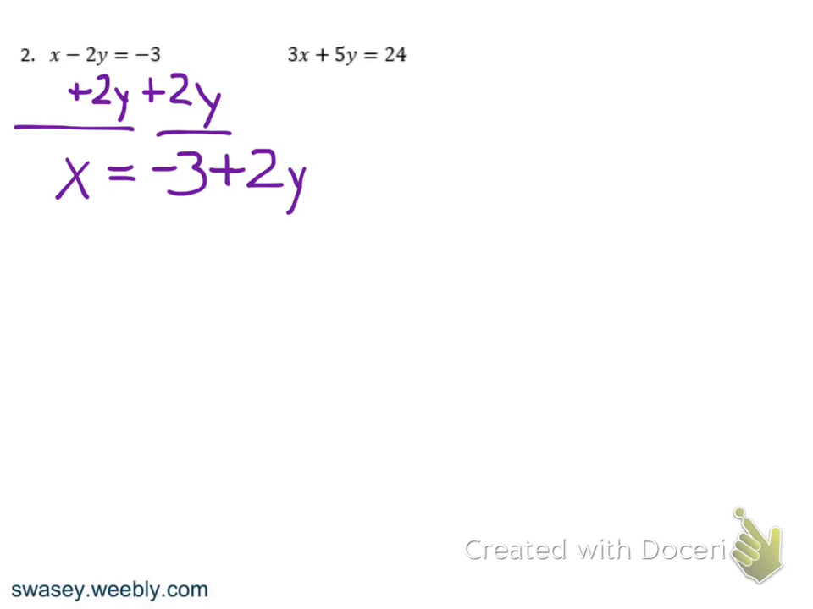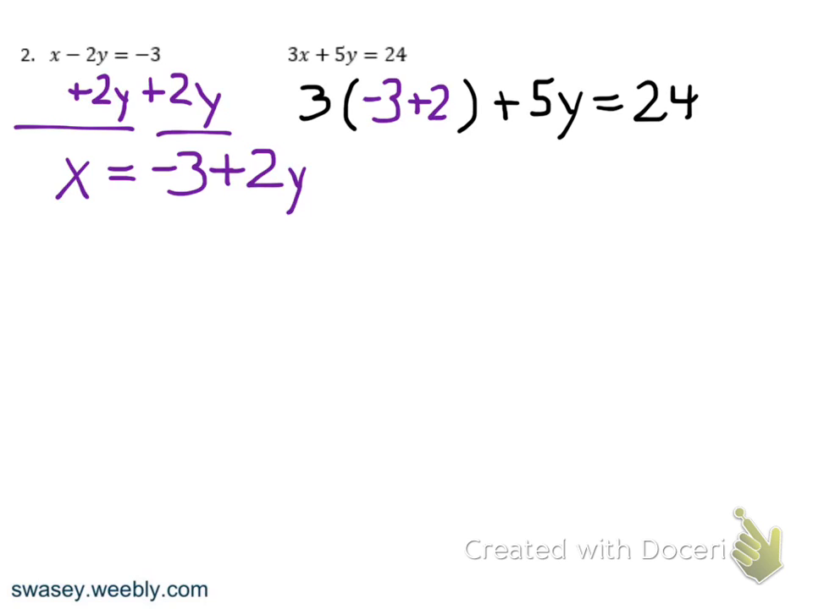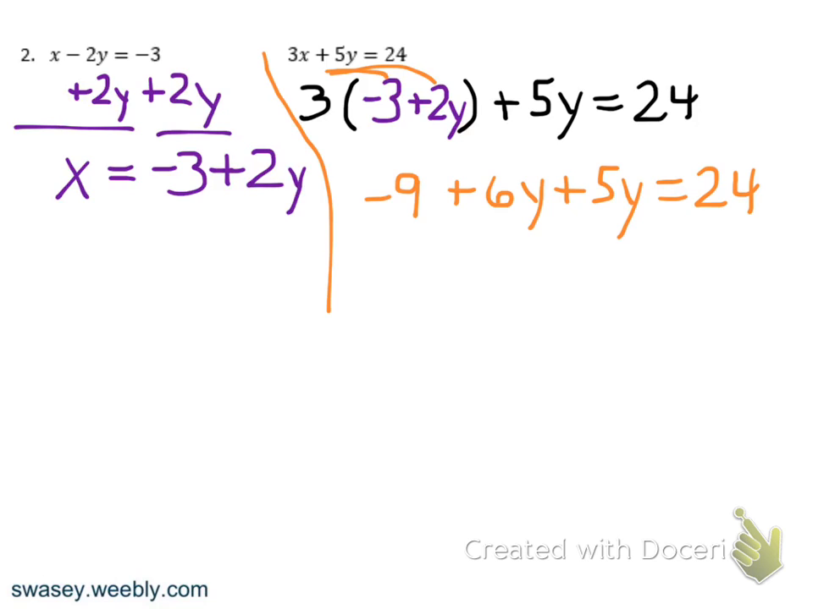So x equals negative 3 plus 2y, so we're going to substitute into this second equation, and in place of x, we're going to put negative 3 plus 2y. To get rid of the parentheses, we'll distribute. 3 times negative 3 is negative 9. 3 times 2y is 6y. Now we'll combine our like terms. So we have negative 9 plus 11y